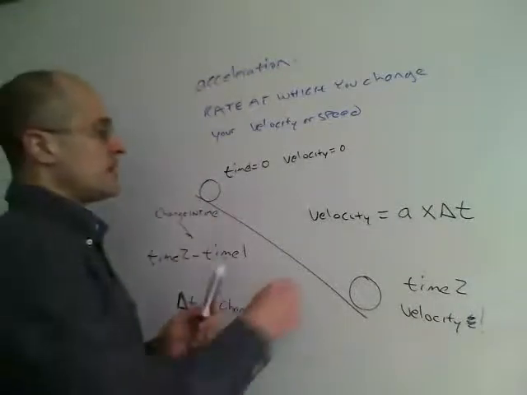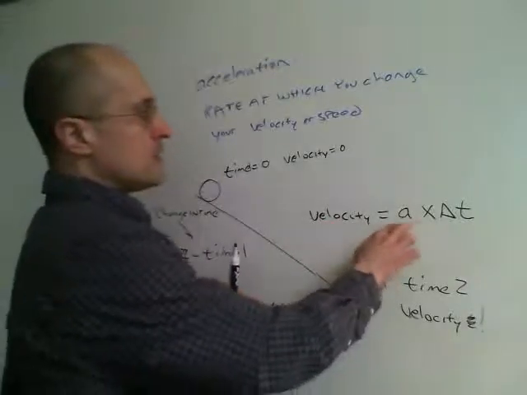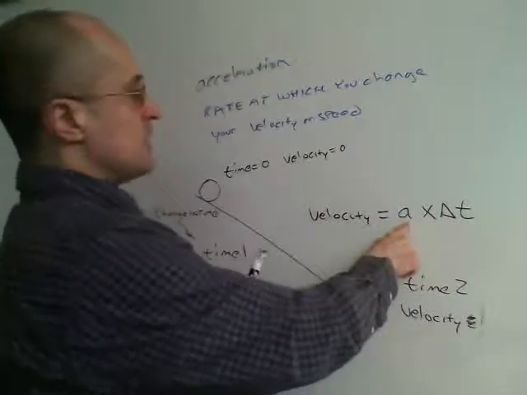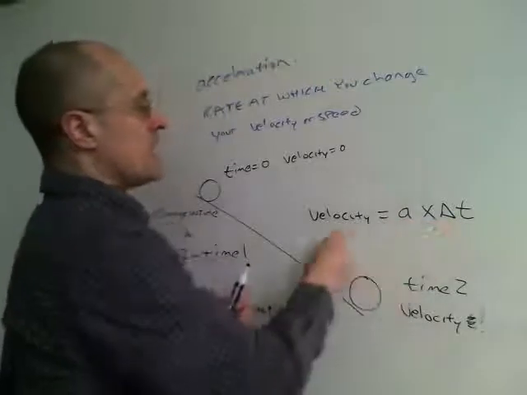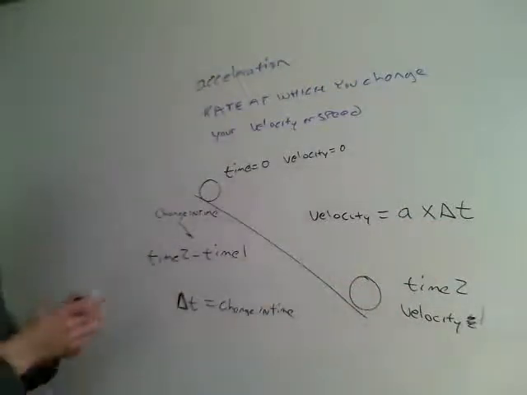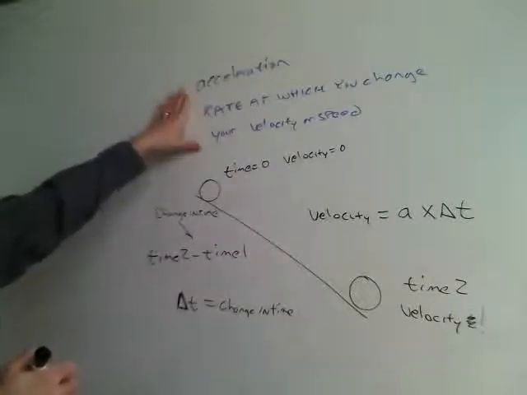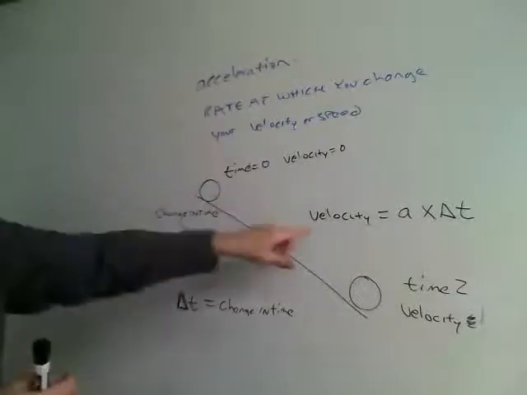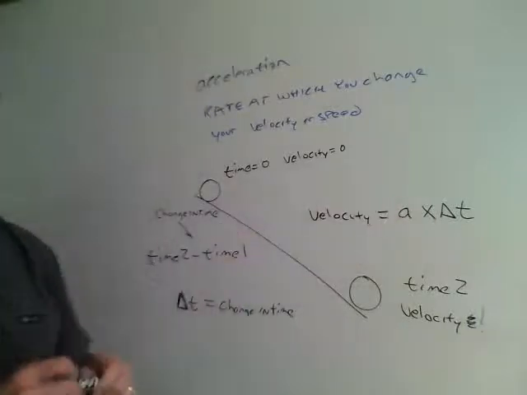Or if you're thinking about what your new speed is, it's your acceleration times your time, because accelerations are necessary for changes in velocity, and accelerations times time give you some new velocity. So that's what we have. Acceleration is a rate of change of your velocity or speed, and we can also think of velocity being equal to our acceleration times our